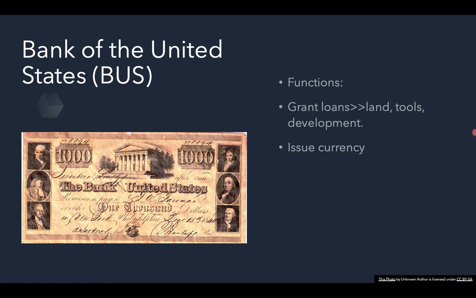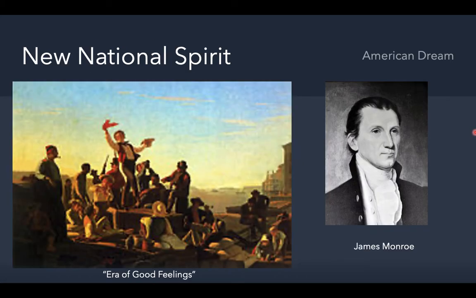But most of all, we have a new national spirit. By the time the second bank was chartered, people were pretty pleased with the way the country was developing. We see huge technological leaps, including the birth of industrialism and the beginning of connecting our nation together with roads, railroads, and canals. All these things promise to change our country's economy for the better, forever. And it's a pretty bright future. This optimism comes out of the War of 1812 and this increased sense of nationalism,